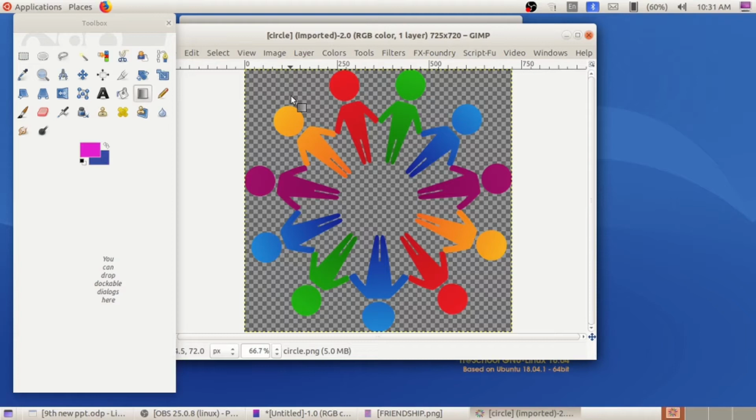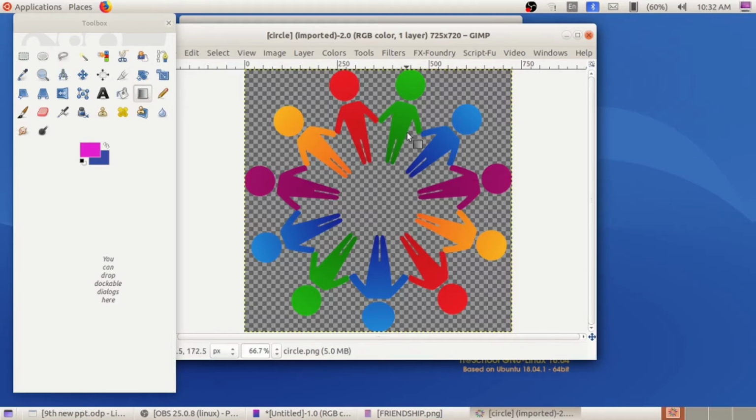So here in this image, there is no background color. But if you wish to remove the background color from an image, you can use Select by Color tool or Fuzzy Select tool. But in your textbook, one tool is specified, that is Select by Color tool. What is the use of Select by Color tool? We can select the regions related to similar color. Okay, then these are Rectangle Select tool, Ellipse Select tool. We can select a particular area of an image by using this corresponding tool. We can select the image as per rectangle shape. This is ellipse shape. Here this is Free Select tool. We can just draw and select the image.